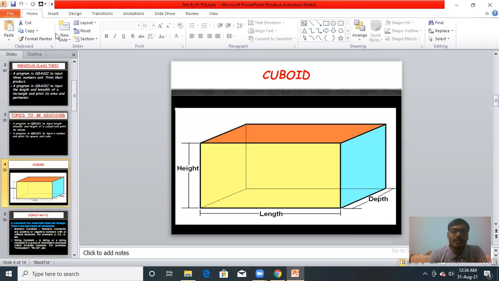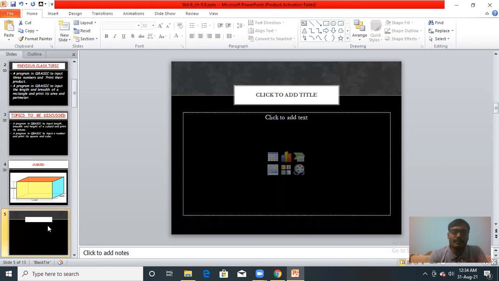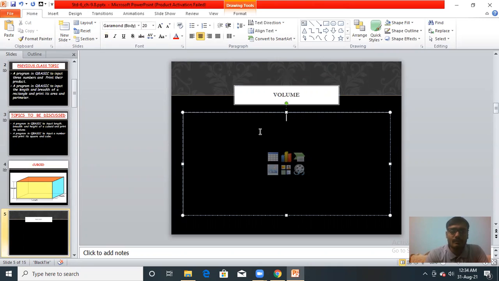You can easily use this formula. Let me increase the font size.